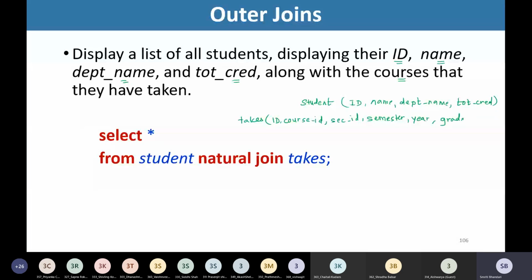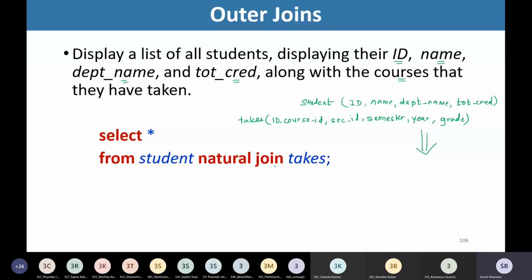Then we are having semester, year, and grade. These are the attributes that we have in our takes relation. And what we are trying to do is the natural join of student and takes. So, what will I have in my output?